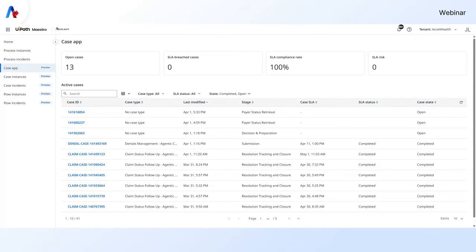So what you're looking at here is the unified workspace that we've created for this claim status follow-up automation. If you followed us from our denials demo that we previously did, you should see that this look and feel is very similar to that. What we've mentioned in the past is that the way we create this is not something intended to replace any systems of record that you currently have. So you will still utilize your EHRs, any billing systems or applications that you currently use. But this is going to be that unified space that will be all things